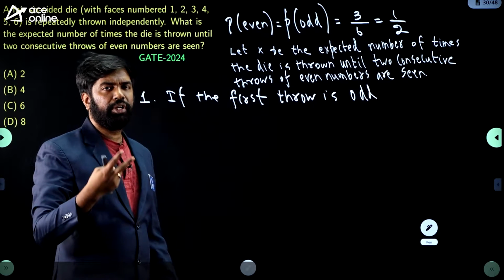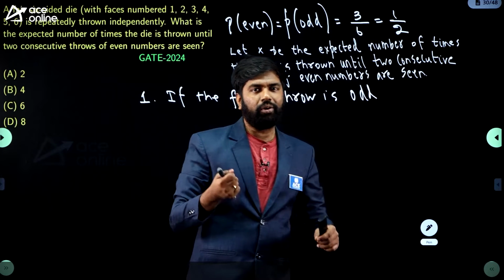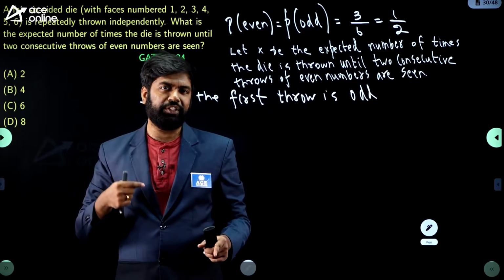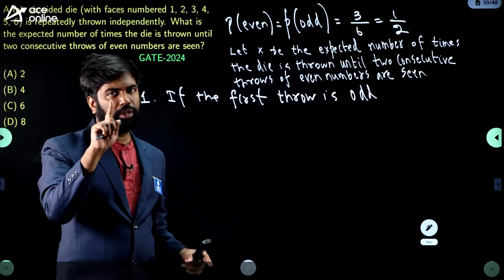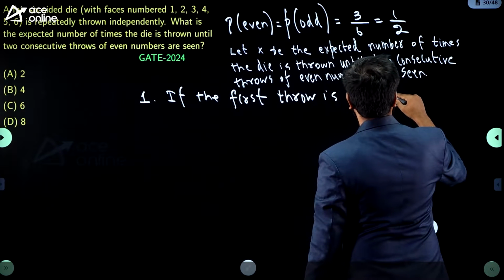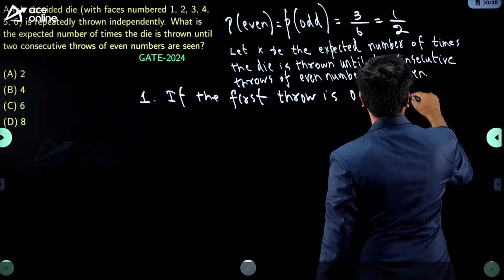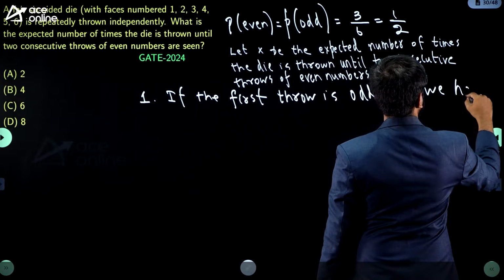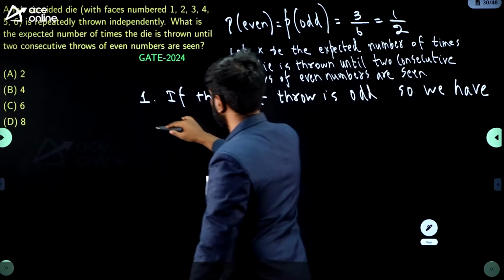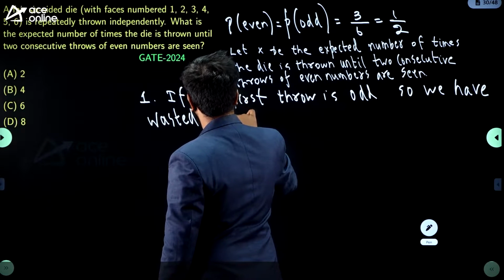Our intention is to get two consecutive even numbers, but the first throw resulted in an odd number. That means you have wasted one throw. So if the first throw is odd, we have wasted one throw,